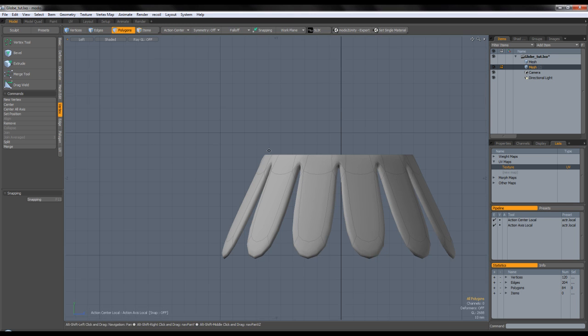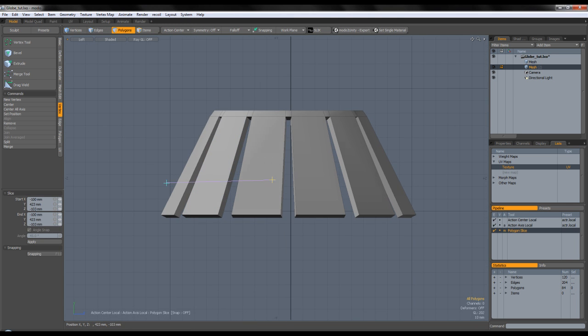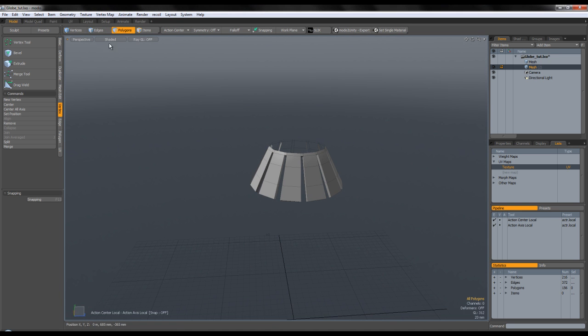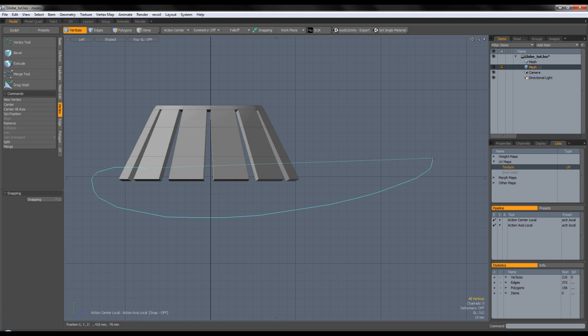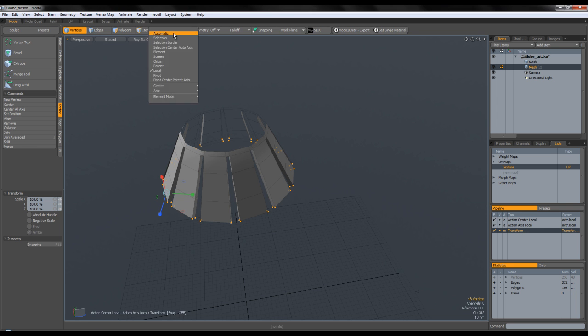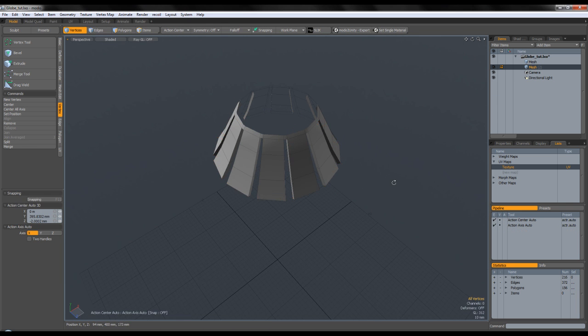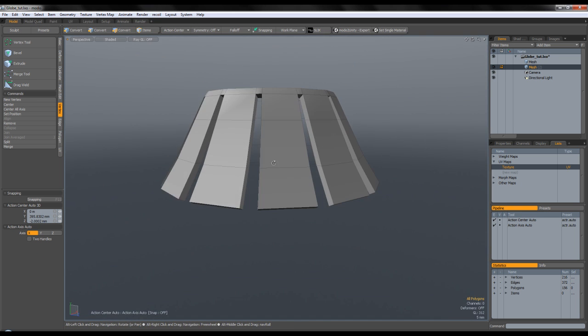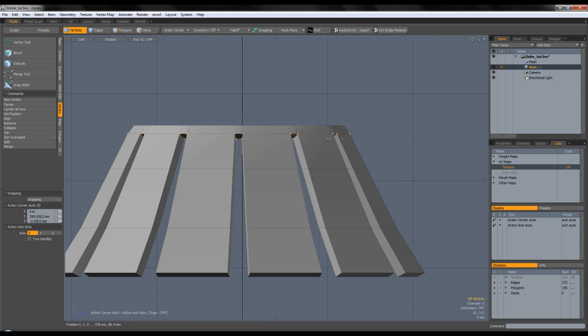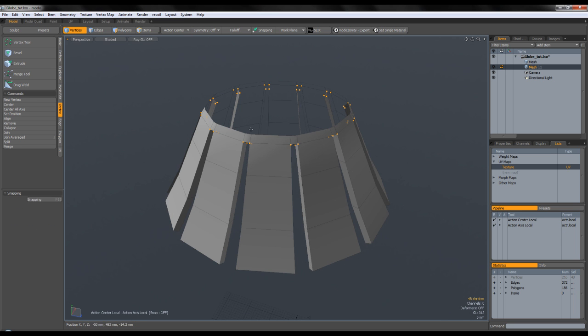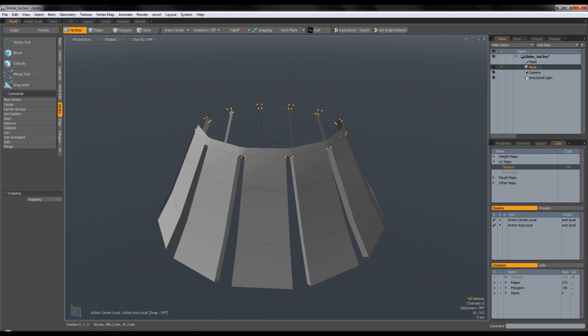Okay, and now we're going to go into the left view, and we're going to add two slices. Hold down Shift and add the second slice. Excuse me. Okay, and we're going to select the bottom vertices, and we're going to scale them out just a little. Okay, and now we're going to select those vertices now, and using a local, whoops,